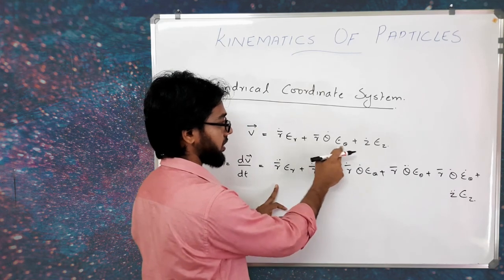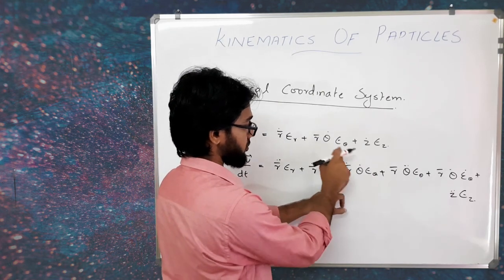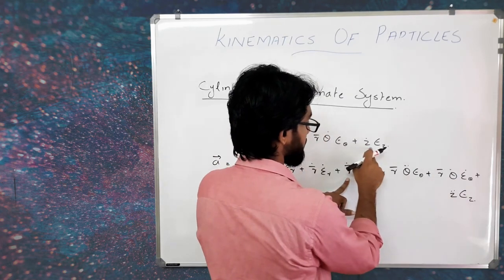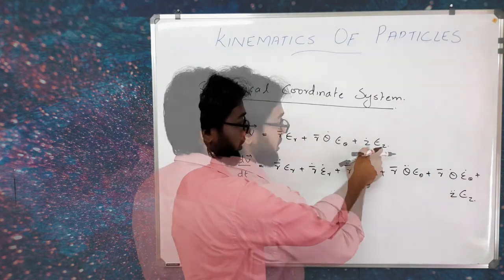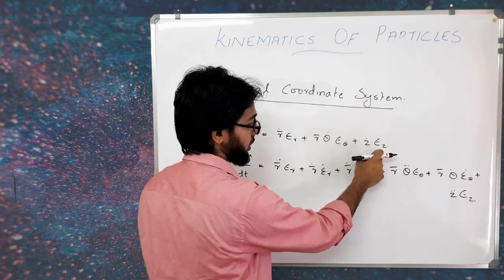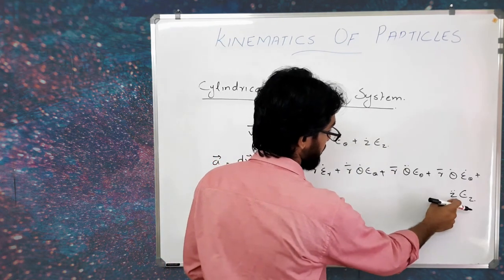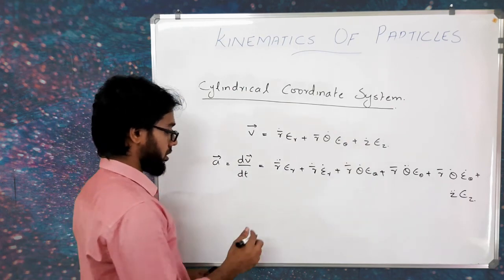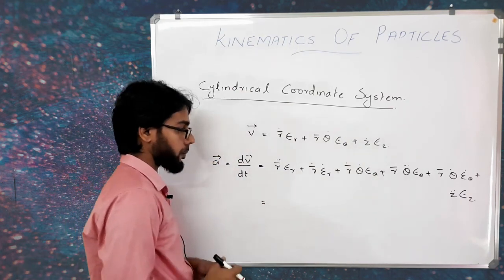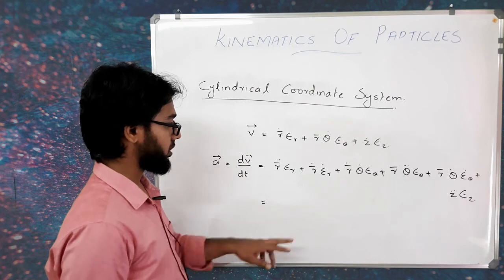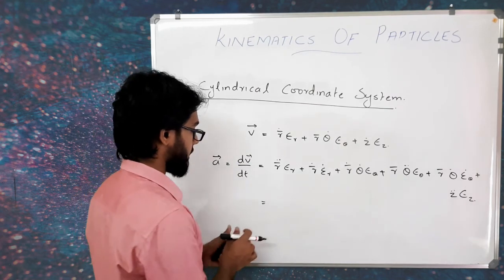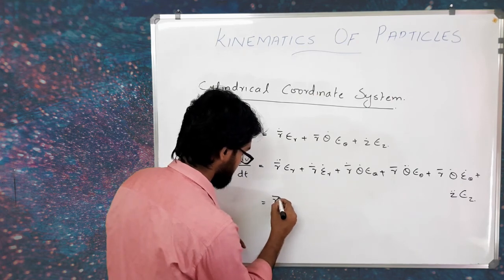This has 3 terms, so when I differentiate by parts, I'll have 3 terms here, and z dot epsilon z, since epsilon z does not change with respect to time, so z dot will be z double dot into epsilon z. Now, if you look at this closely, this term here appears once again. So I can write it here as